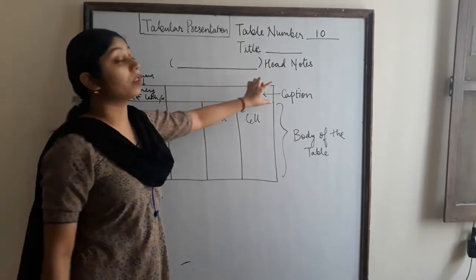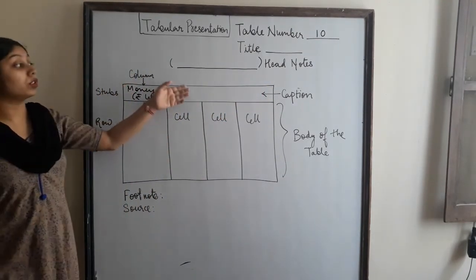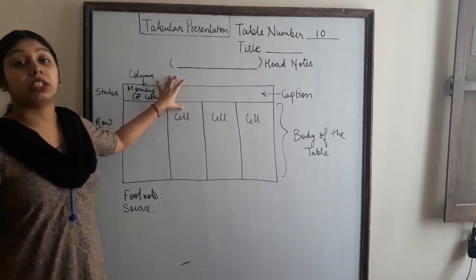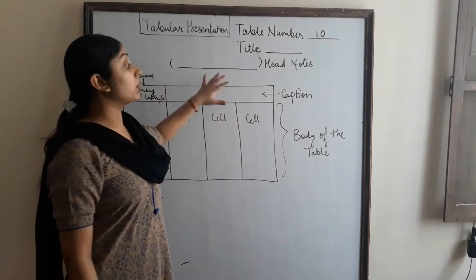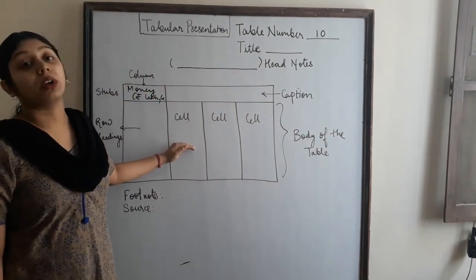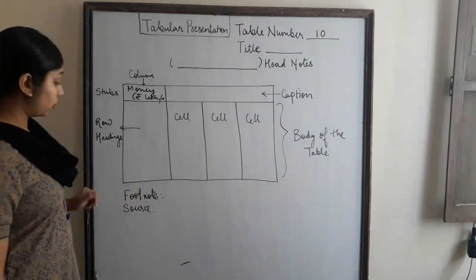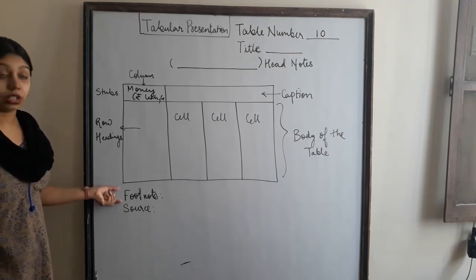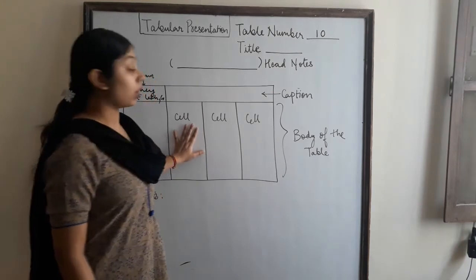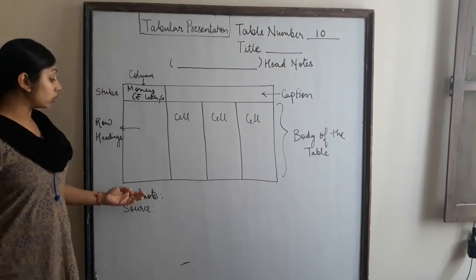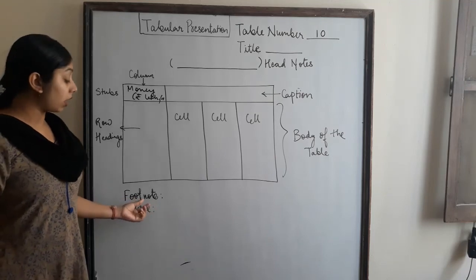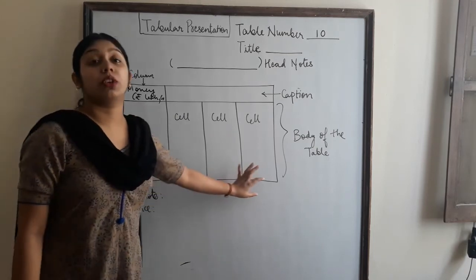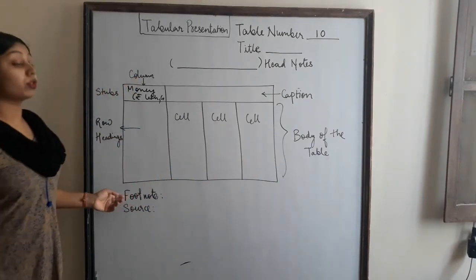Next we have to give over here the caption. The caption is also like a subtitle which you give to make the reader understand what information is presented under this caption. Next we have the footnote. Footnote is also for giving extra information to the reader. Suppose in the body of the table you have already filled the data and you want the reader to understand a bit of extra information with regard to the body of the table, then you can present it over here in 1 or 2 sentences, not more than that, as the footnote.